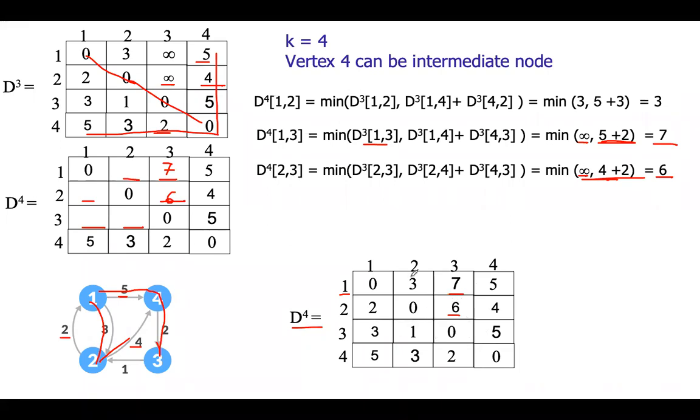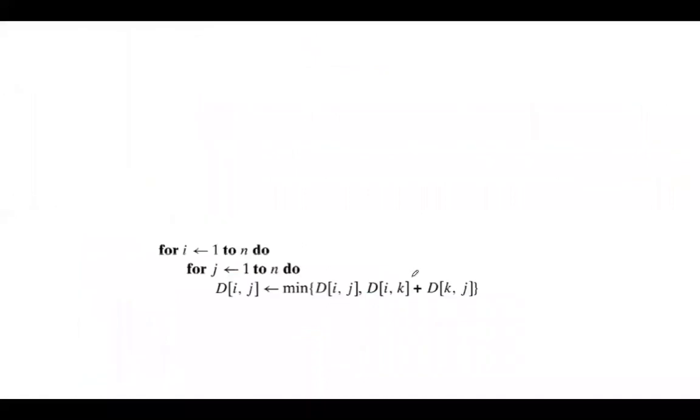Is it clear? So when you see this matrix, we start from D0, the adjacency matrix, and go on operating. The algorithm will be as follows. Because it's a two-dimensional matrix, two for loops will be there, to operate on row value and column value. D of ij, that is each and every row, will find the minimum distance through an intermediate node. The k value will be first 1, next 2, 3 and 4.